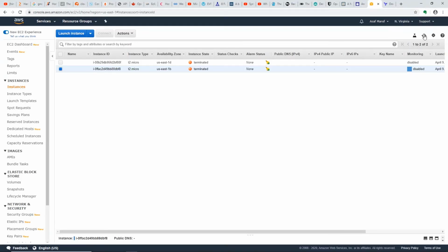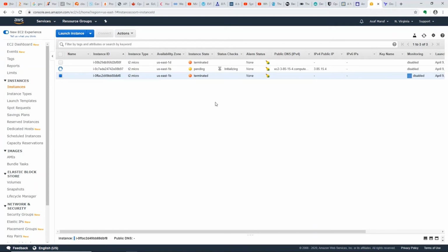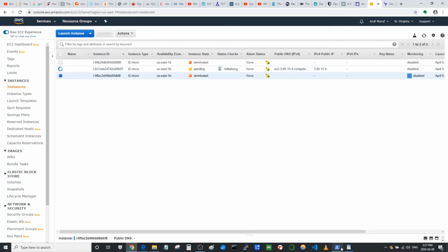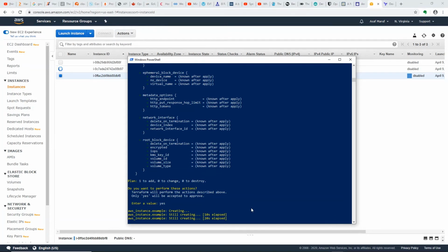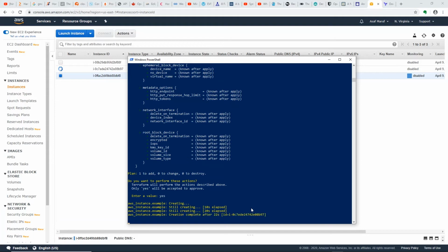dashboard, EC2 dashboard. I do a refresh and you can see that I have something already being initialized, right? And if we go back here, you can see that 10 seconds have elapsed and it's in the process of creating. Now you can see the immense power and capability of this